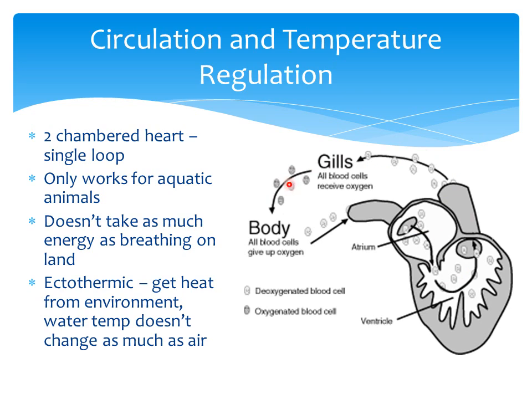So there's just a single loop of blood going into and out of the heart instead of two. This would only work for aquatic animals because it doesn't take as much energy to pump blood and to breathe in the water as it does on land